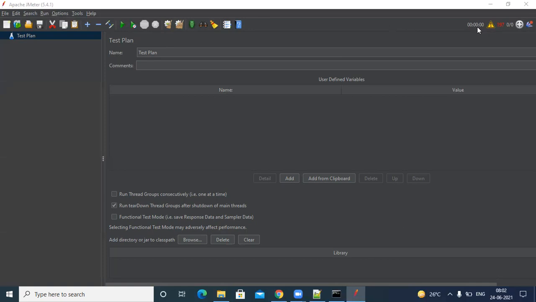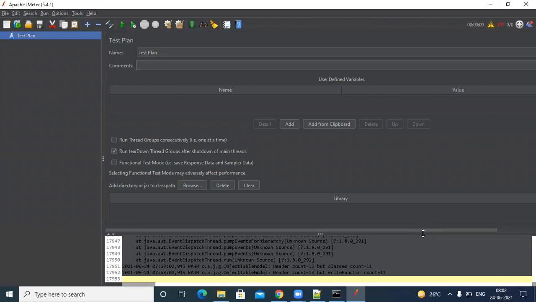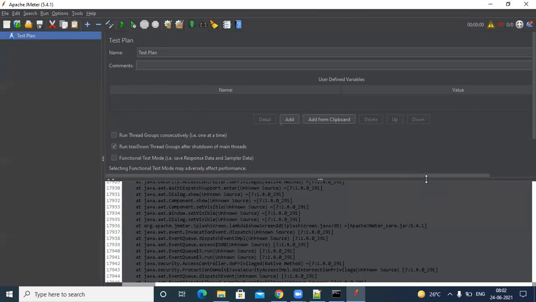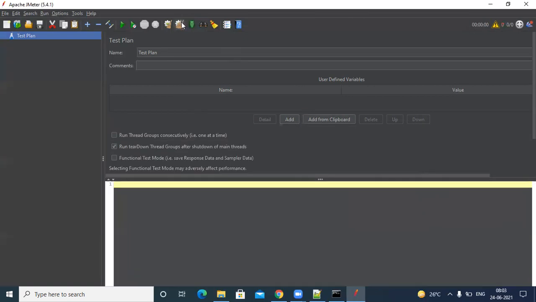And if any errors are there in our script, suppose the configuration is not on the application side but on our scripting side. You have written some code, you have written some endpoints. If there is an error on the tool side, you have to use the yellow warning mark. You just click on it, it will display errors here. You can see the log, you can drag it. If you clear it, errors will be gone. You can see 0, and 0 by 0.